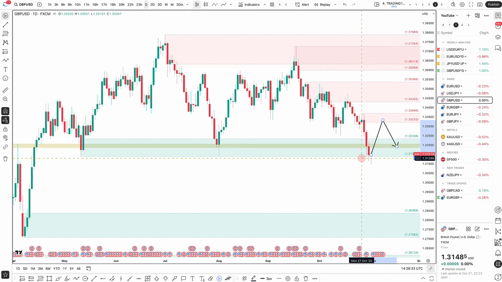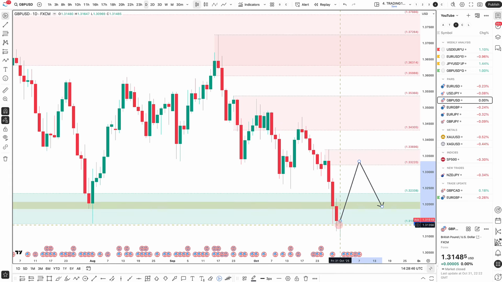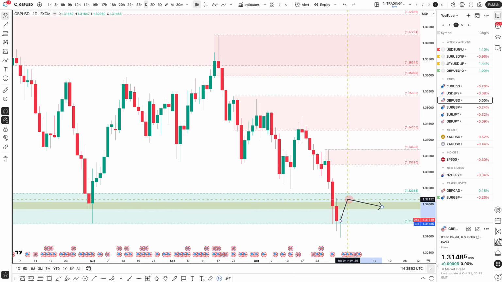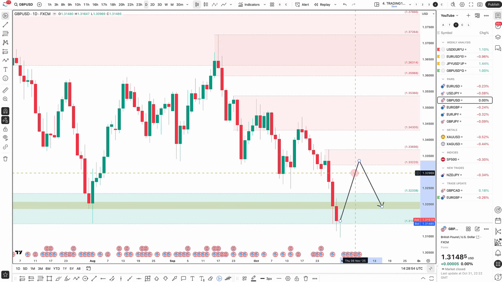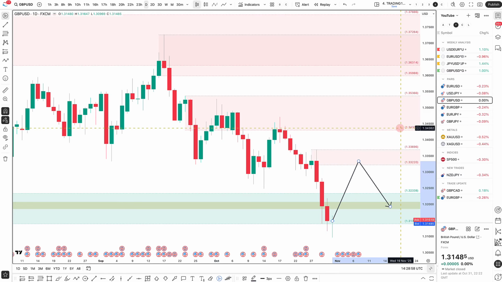But again, with this pair, you could look for a trade on here, but you would have to really bet that the pound is going to be the weaker of the two. Again, I think there are better pairs out here, but you can look for either buys if the data does support rate holds for the pound, but if not, if prices just start to move back with bad news for the pound, then you can look for probably sells here on the pound dollar.